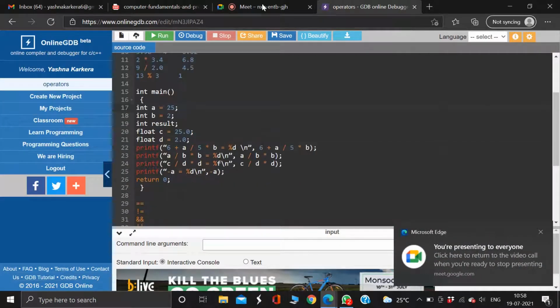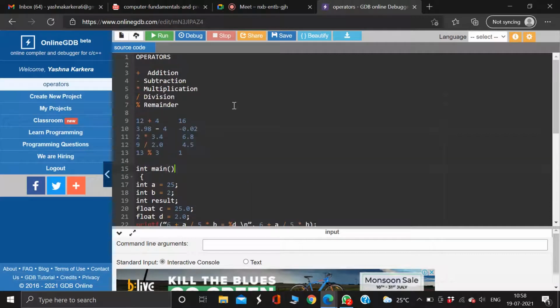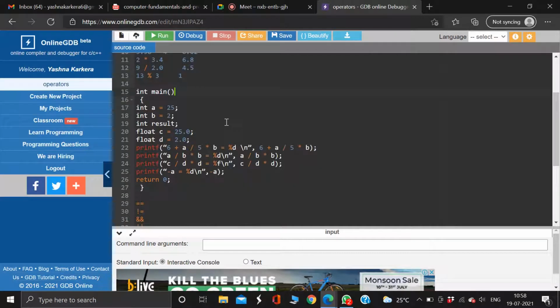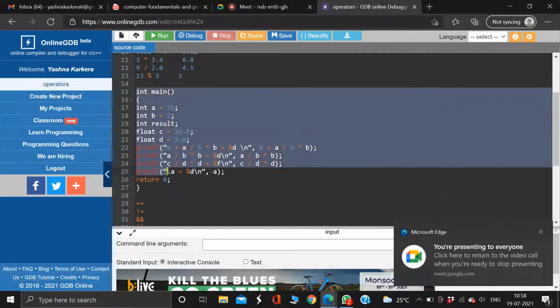You have to also remember, guys, whenever you are solving, for example, here I've given multiple operators. C follows a rule, okay? So there is something called precedence. That means one after the other, but in a simpler way, you can remember it as the BODMAS rule, which you learnt in your lower classes. Basically, BODMAS means first you do the brackets, then of, then you do the division, and then addition, then subtraction. Okay, so keeping this in mind, I want you guys to find the answer for these.